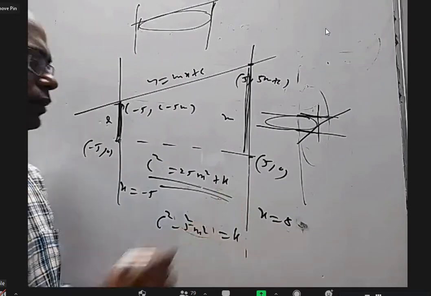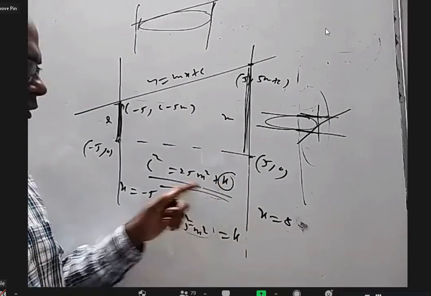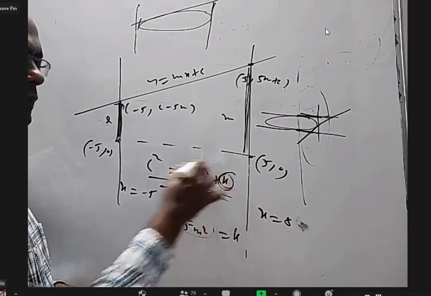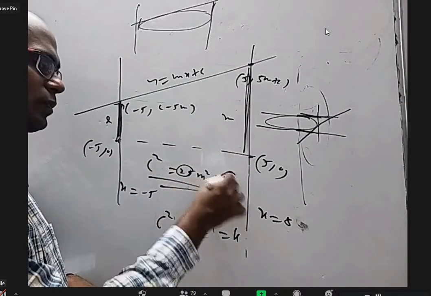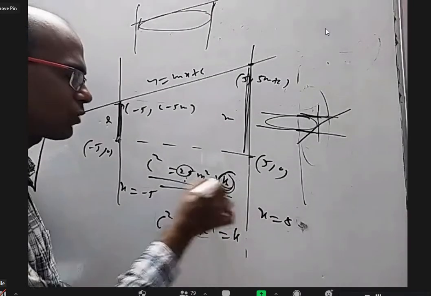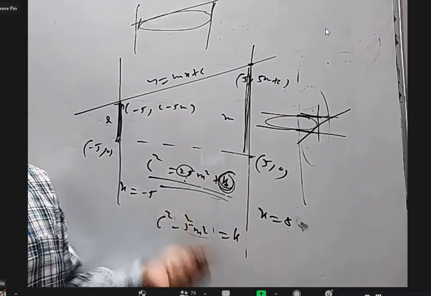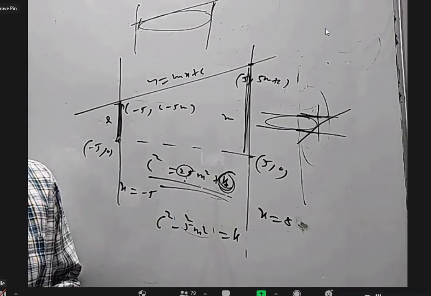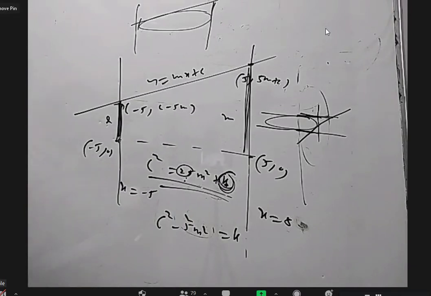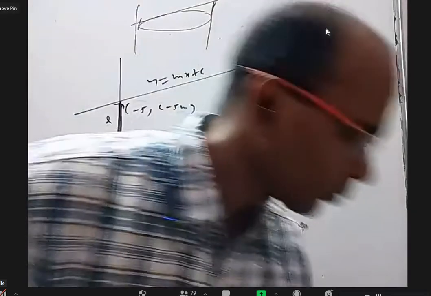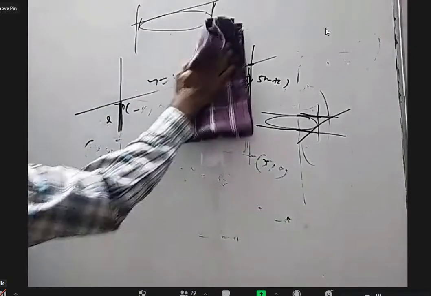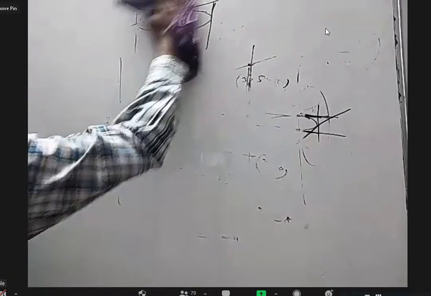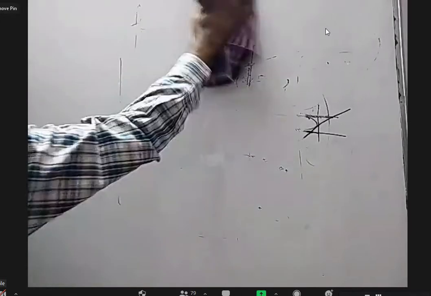Yes, sir. So when k is less than 25, you can say it is an ellipse with this as a square, this as b square. When it is more than 25, that is a bigger number, so it is a vertical ellipse where this is the bigger number, this is the smaller number. When both are 25, it is like c square equal to r square into 1 plus m square, it will become a circle. Is it okay? I told all this mostly, except the last thing, while telling the circle chapter itself.